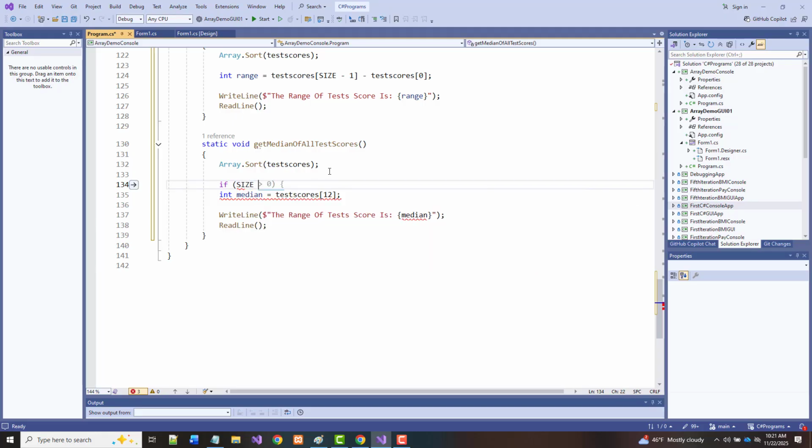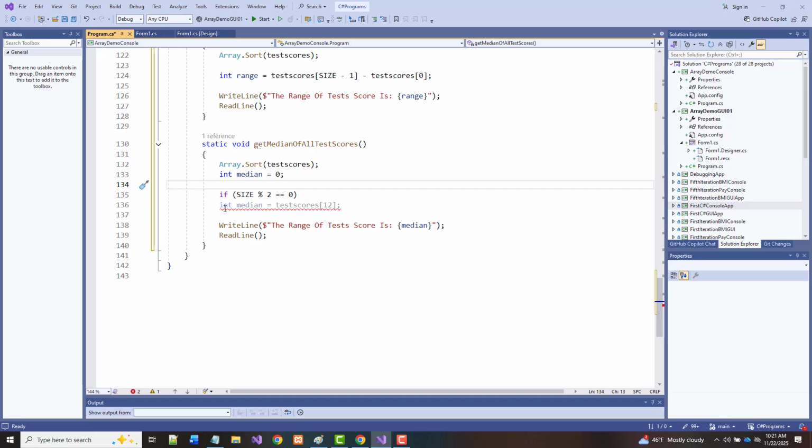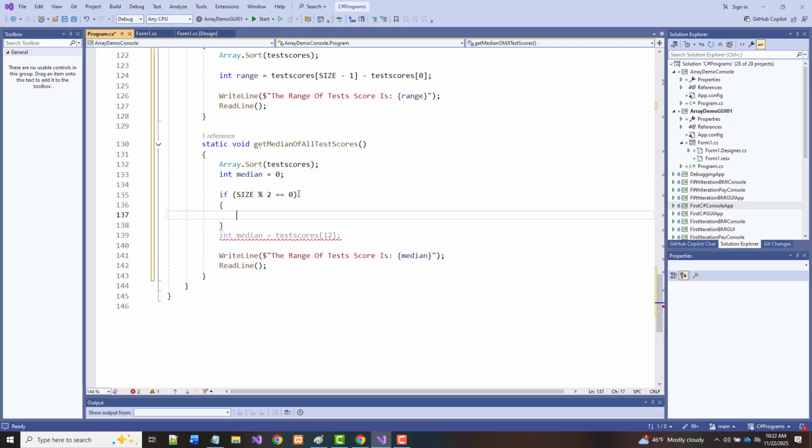If size modulo 2, so if I divide it by 2, if it's equal to 0, all right, and let's come in here and let's do an int median right here. So int median, we'll set it equal to 0. Not maybe the best thing to do, but I'm going to do that anyway. So if size, meaning that it's an even number that we have in there,